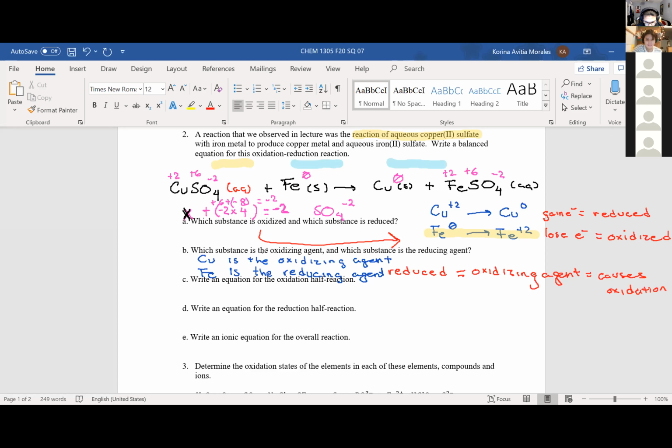So how would you write it? Sorry. So Fe, and then the arrow. I'm not sure the exact wording. You could say yields. Okay, and then Fe plus 2, and then plus e. Would it be like minus e or minus 2e, or would it just be plus 2e? I usually write it